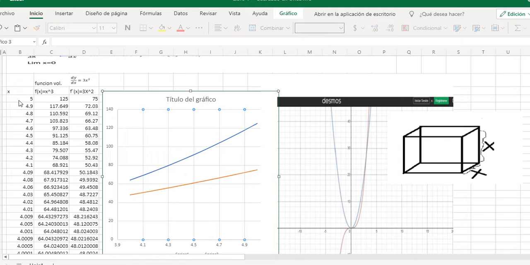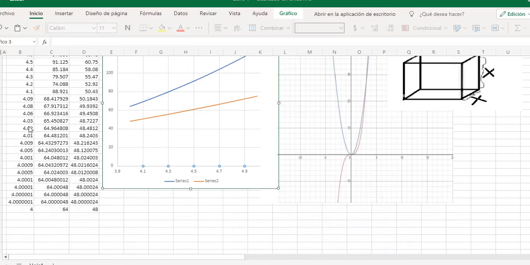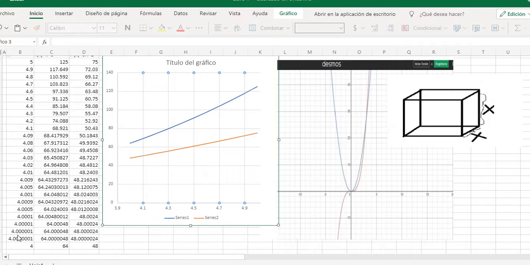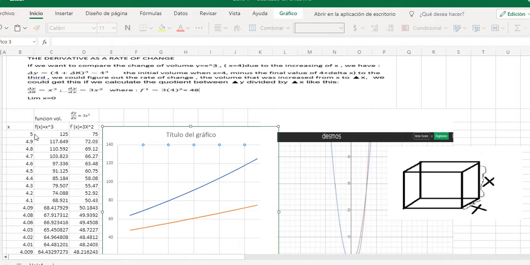For instance, the range here was 5 to 4, but the idea about the derivative is,